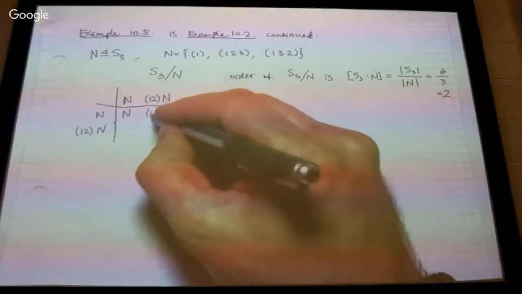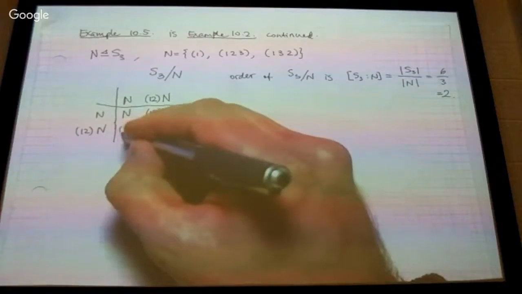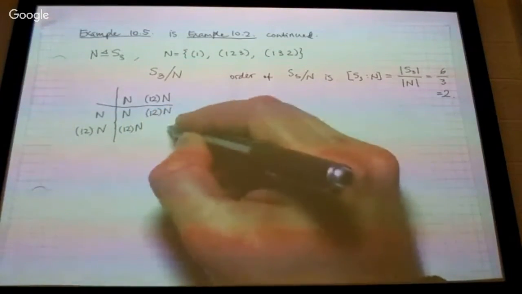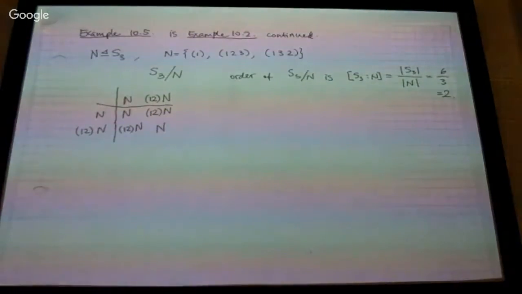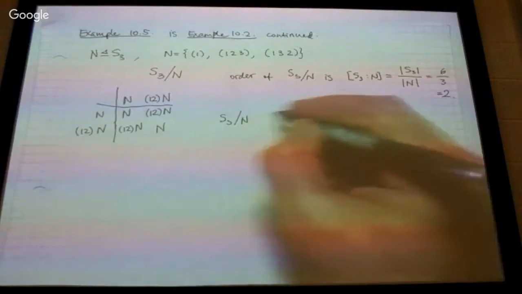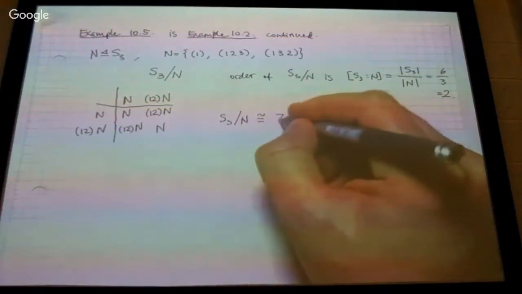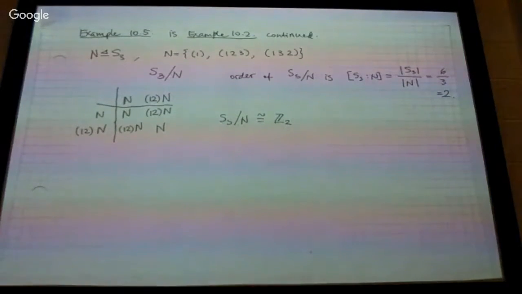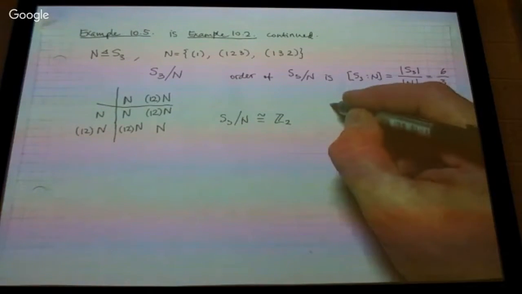And this N is the identity, and this can't be anything else than N. Okay, so this group, S3 mod N, is isomorphic to Z2. And in fact, it's isomorphic in a sort of straightforward way. So when you look at this, this coset N